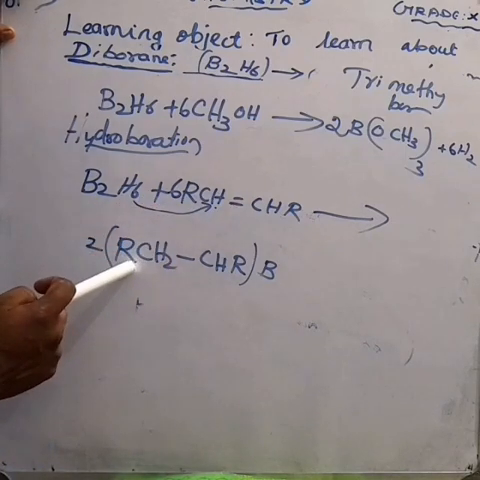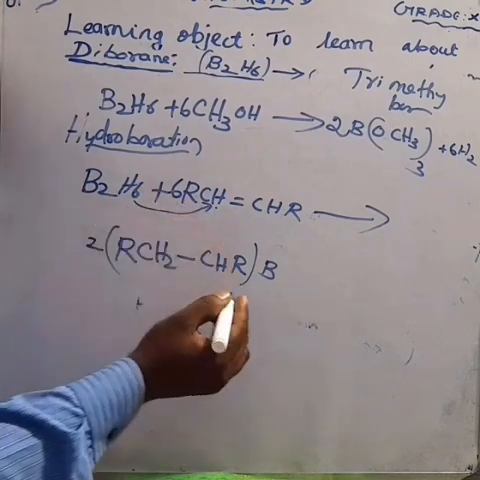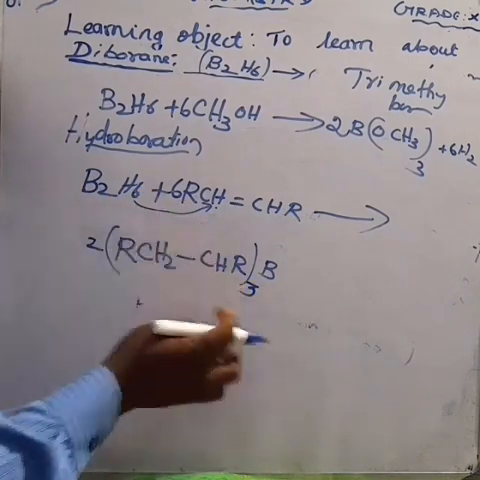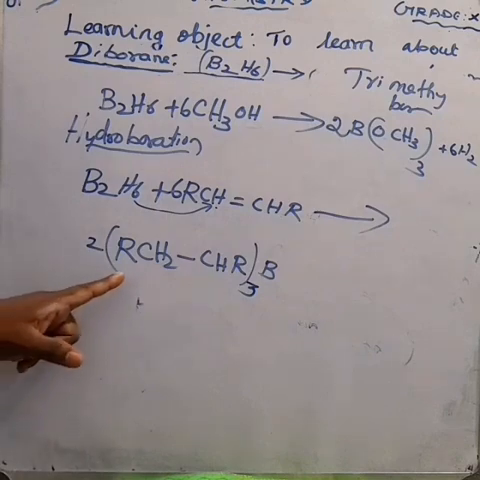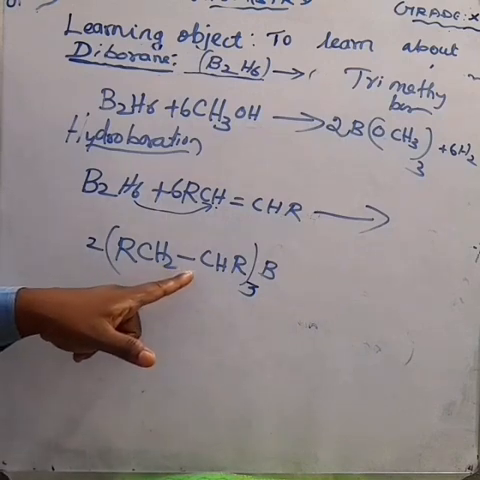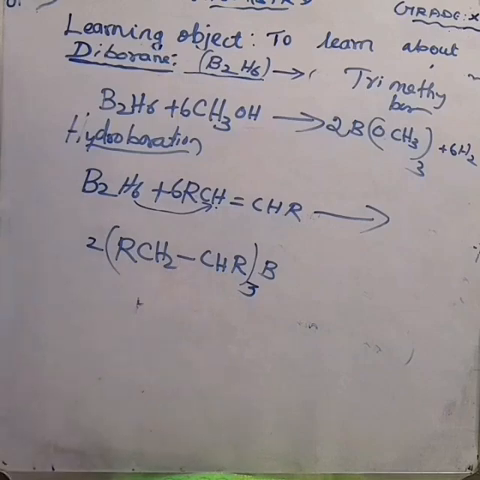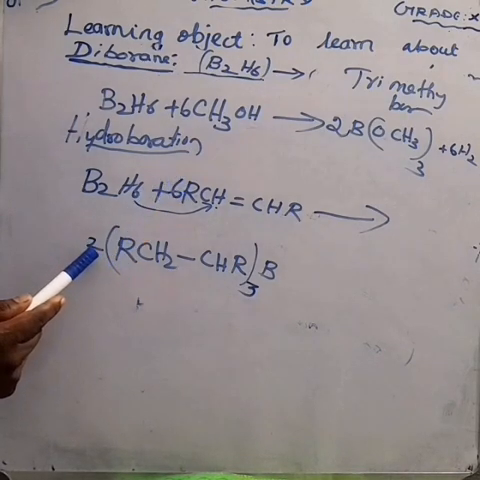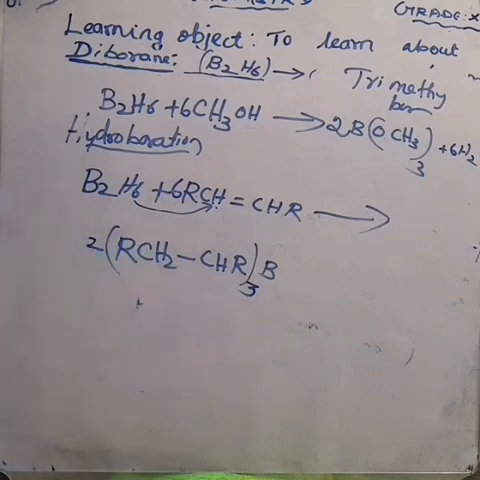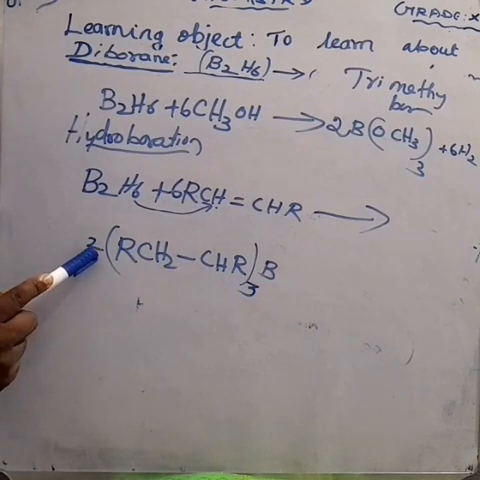the R also can be balanced. Am I right? Here R means we are using alkyl group, that is the CH3 group. What is the alkyl? CH3. Am I right? So we can write 2 RCH2 bond CHR. Am I right? CHR. Can you write? So how much R group is there? 6 R group. Am I right? If you are here we are writing 2